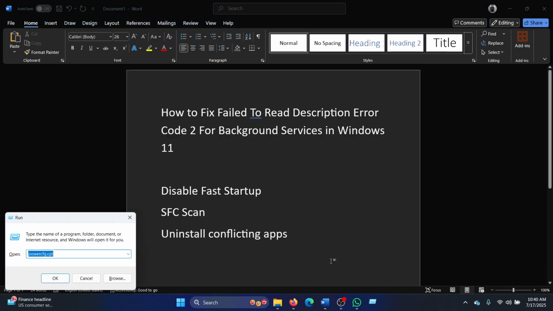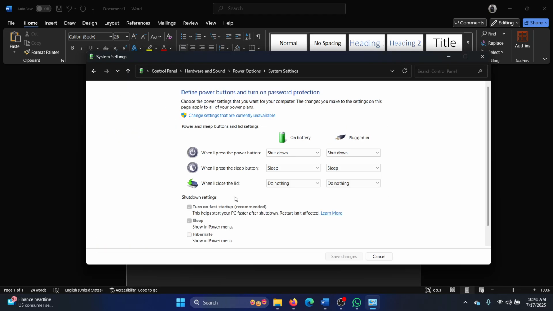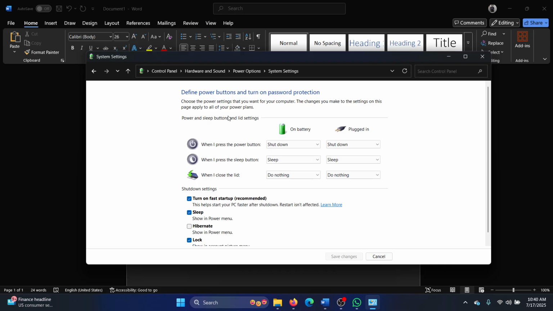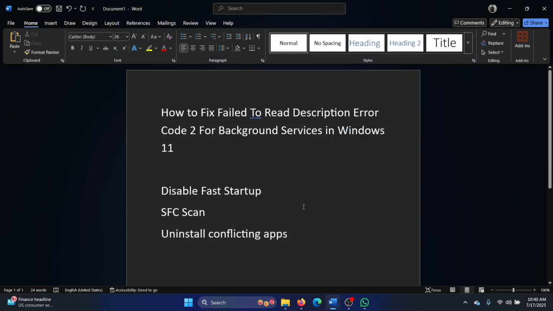Press the Windows key and the R key together to open the run window. Type the command powercfg.cpl and hit enter. Click on choose what the power buttons do. Click on change settings that are currently unavailable. Turn the switch off for fast startup. Click on save changes. Now this should help a lot with this issue, but if it doesn't, then perform an